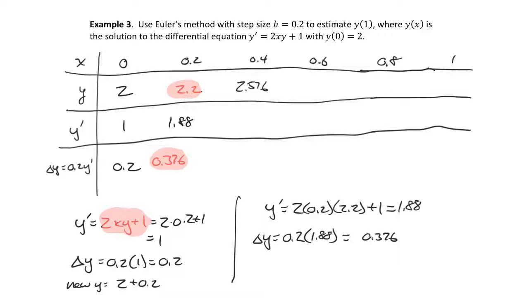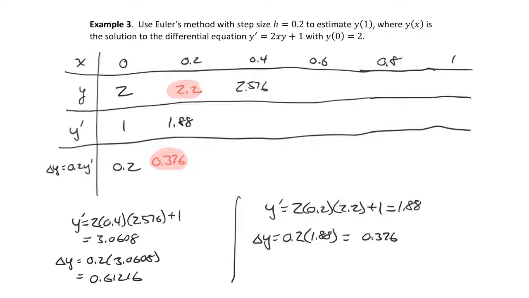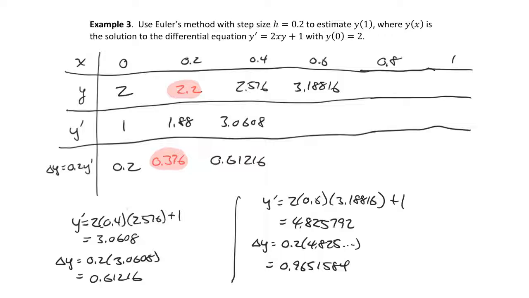Now we'll calculate as we did before. We're going to multiply 2 by the x value, the y value, and then add 1. When we do that calculation, we end up with 3.0608, and when we multiply 3.0608 by 0.2, we end up with 0.61216. We now add the new change in y to the old y value to end up with 3.18816. Again, we're going to multiply 2 by x by y and add 1, which brings us to